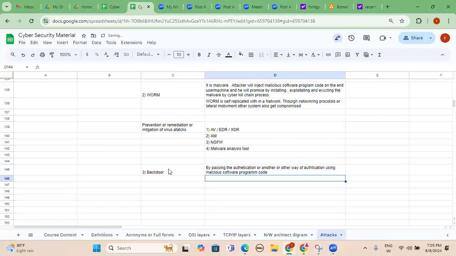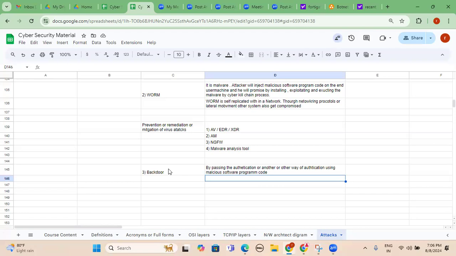So if you want to do any backdoor related authentication or any other compromise, the first thing is that a backdoor should always be aligned with some other attack as well. What is meant by this? The combination of backdoor plus virus, backdoor plus worm, backdoor plus botnet, backdoor plus ransomware, backdoor plus spyware, and so on. That we can call a backdoor.